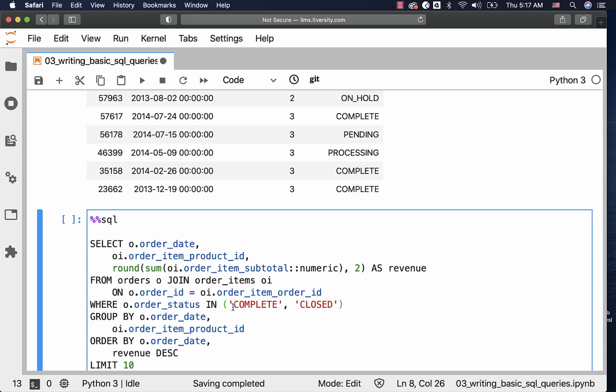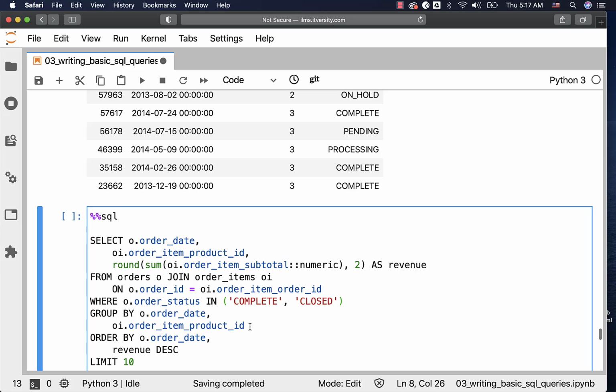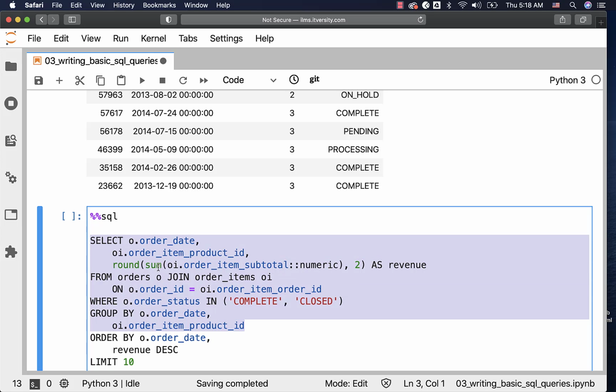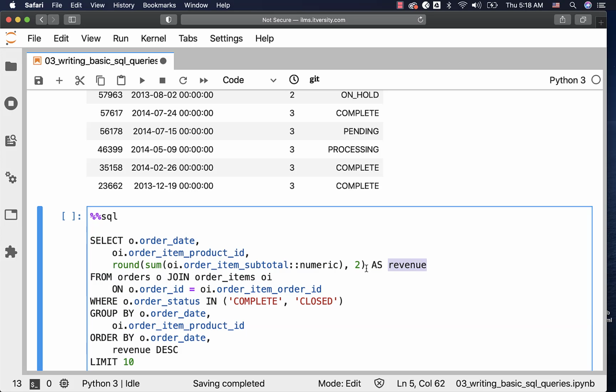Now our original statement is getting daily product revenue. We have seen the original problem statement at the beginning. As part of the daily product revenue, we need to get the date, product ID, and the revenue after grouping by the date and product ID. This is the query which we have written earlier. You can see that we joined orders and order items on orders order ID and order items order item order ID. Then we have filtered for complete or closed orders. Then we have grouped by order date and order item product ID. And then we are projecting date, product ID, and the revenue for each date and product, with alias revenue. So revenue is the alias for our aggregate function, round off sum of order item subtotal comma 2.